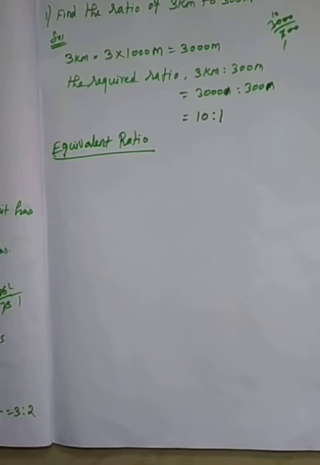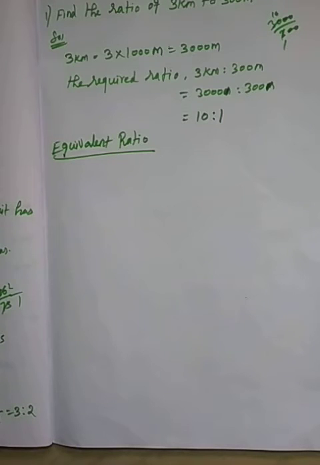See here, what is the equivalent ratio? Different ratios can also be compared with each other to know whether they are equivalent or not. To do this, we need to write the ratio in the form of fractions and then compare them by converting them to like fractions. If these like fractions are equal, we say the given ratios are equivalent. Are you able to understand that?